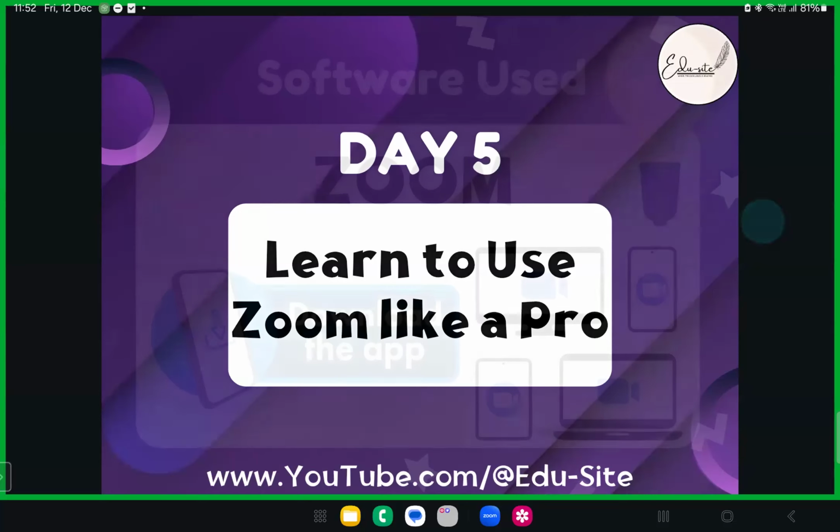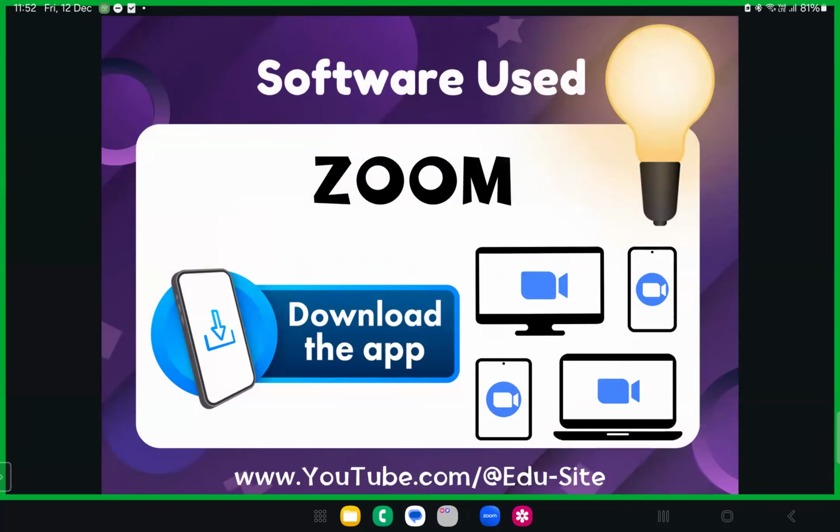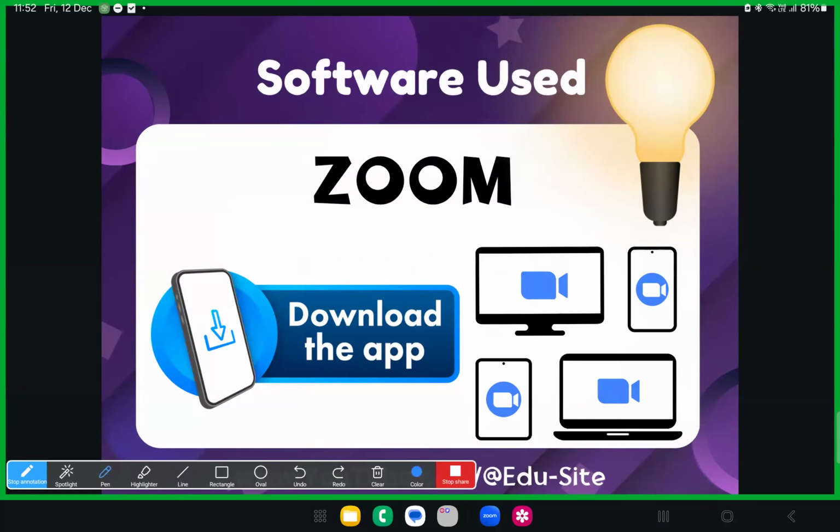How does Zoom look? This you already know. The software that we use is Zoom. It is available on PCs, and the laptop version is the same. You can download it on laptops, on smartphones, and on tablets, any tabs or even iPads. Zoom is available for all platforms. One important thing about Zoom, my dear students, is that if, for example, you have just a smartphone and you do not have any other applications.